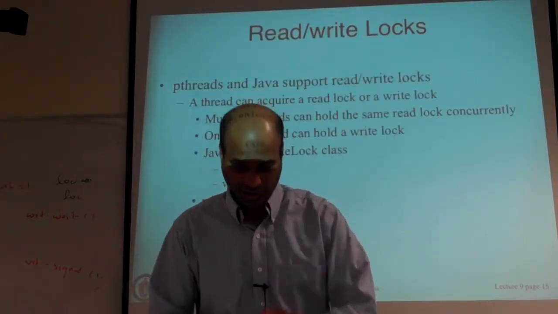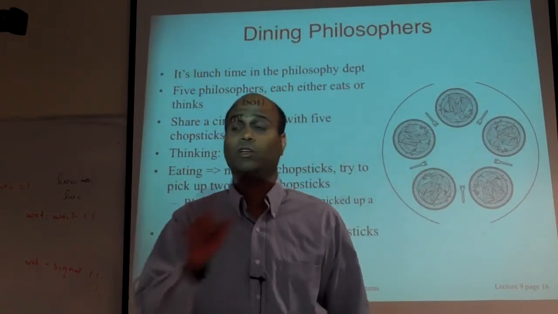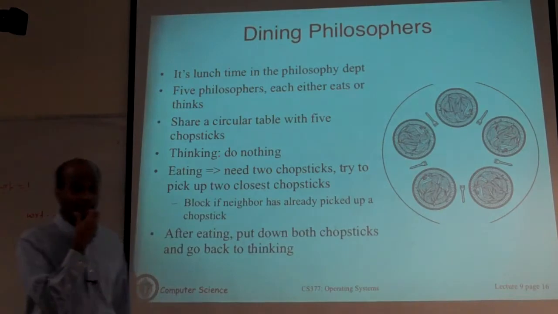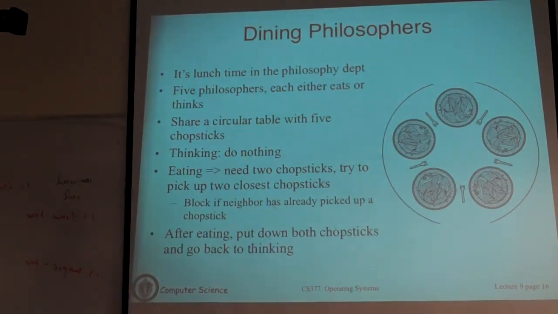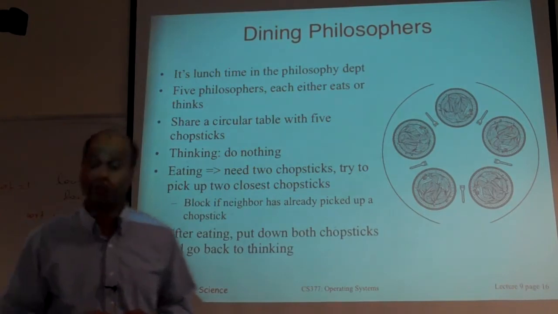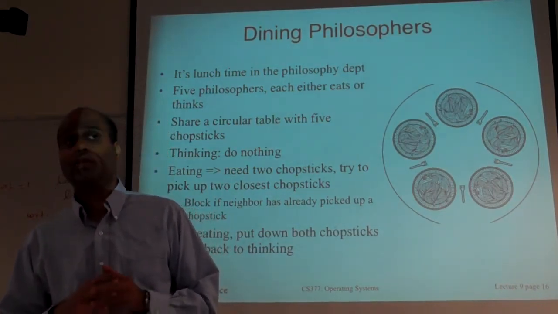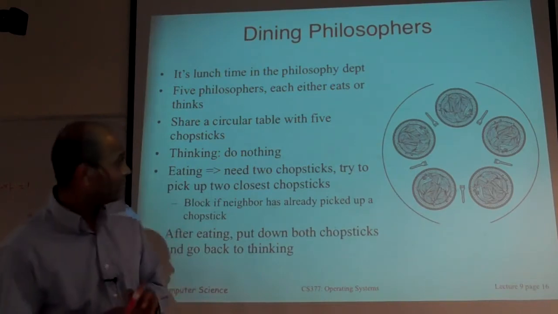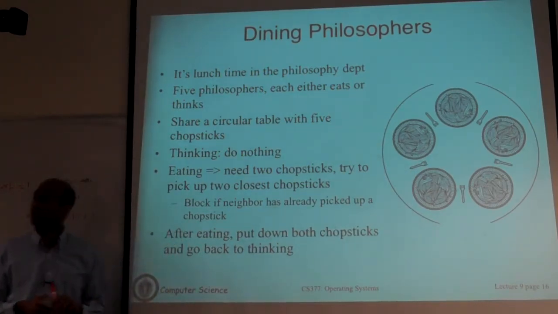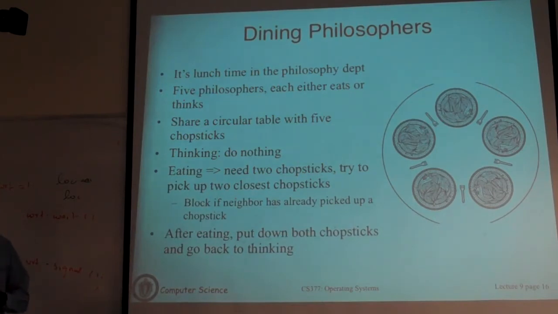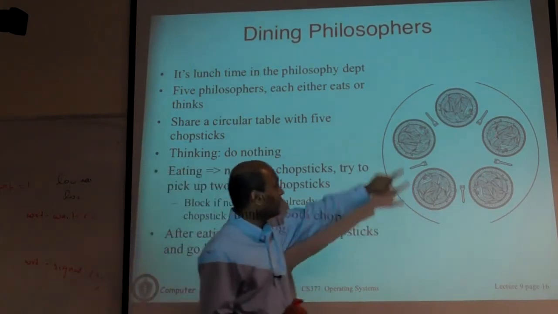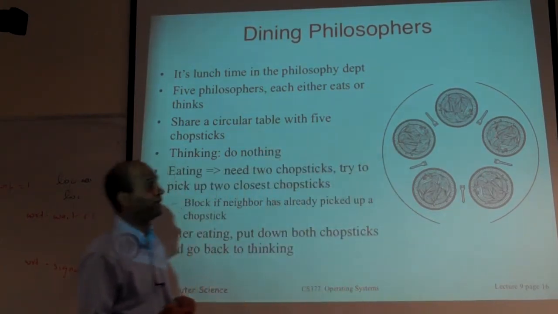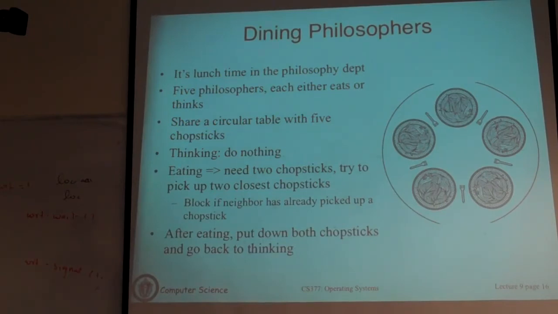Okay, so the next slide is Dining Philosophers, which I'm just going to introduce, and we'll come back to the solution next time. So this is the next concurrency or synchronization problem. This is called the Dining Philosophers problem, also something that Dijkstra had come up with a long time ago. Of all the contributions that Dijkstra made, this was one of the main ones. Okay. The problem is as follows. We assume that there are, in this case, 5 philosophers sitting around the table. And philosophers do only 2 things. They think and they eat.